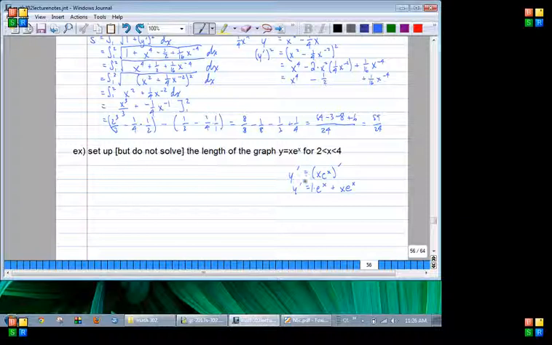So what is the arc length? Okay, and what is that? Integral of square root of 1 plus